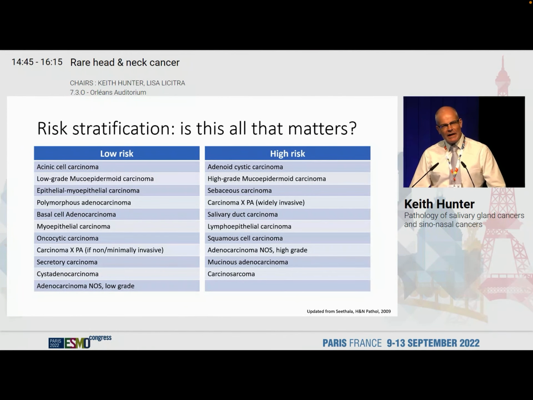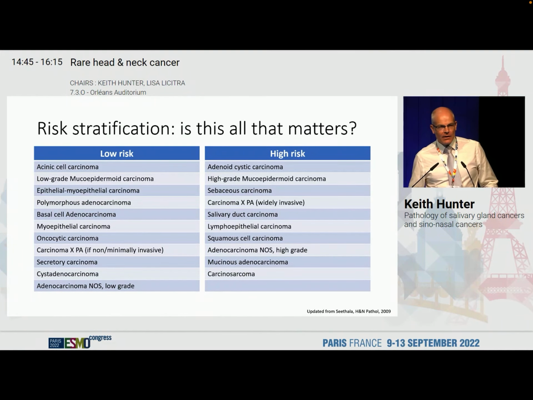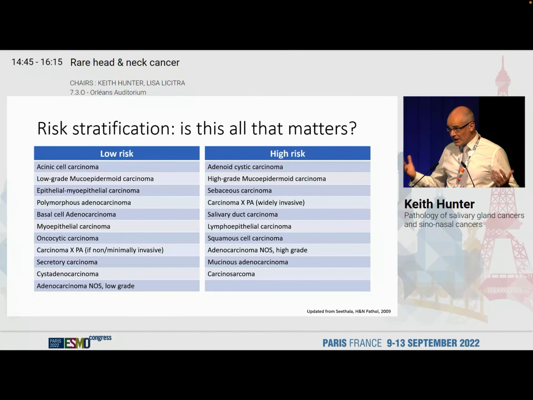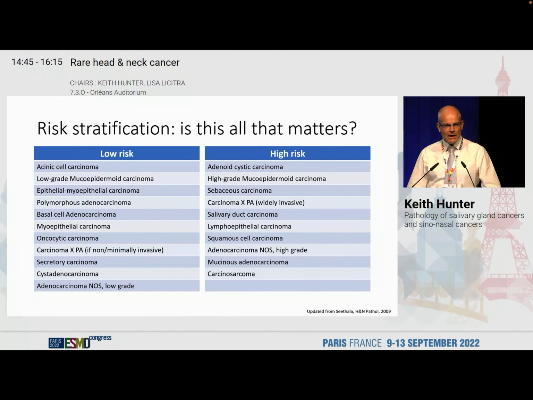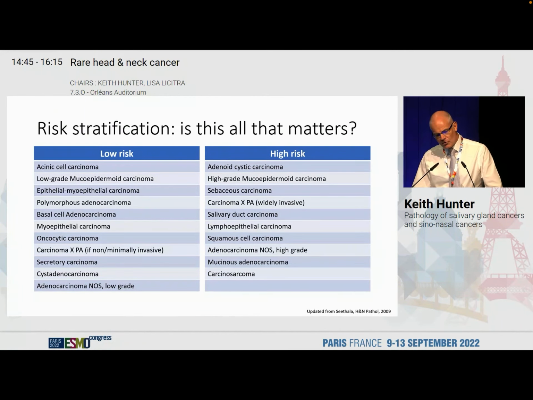So one of the questions that I get asked, given the fact that we have this large list of malignant salivary gland tumours, is: is it really necessary to pursue, as we pathologists sometimes do to a very large extent, getting eventually to a name for the tumour? Is it not just the fact that some idea of risk stratification, which may go along with staging, is all that is required? And you will see this is a low and high risk stratification which comes from one of Raja Sithala's papers from a number of years ago with many of the tumours which have been categorised.